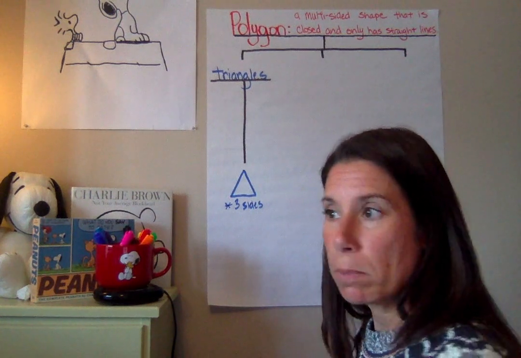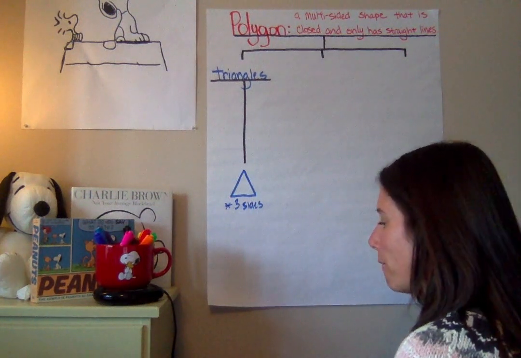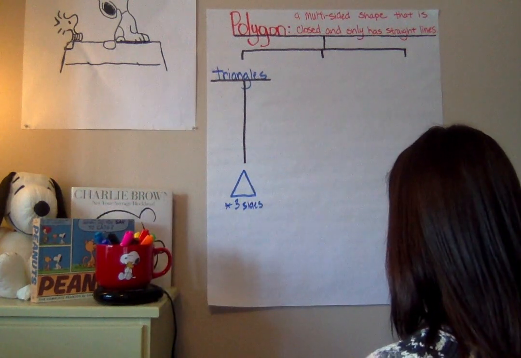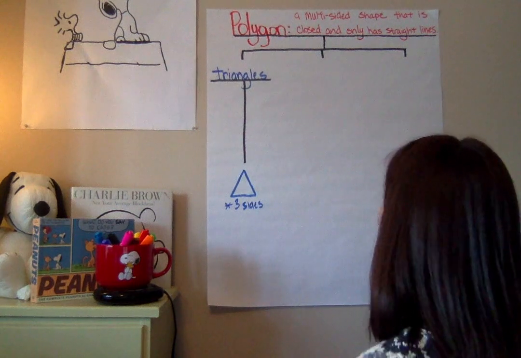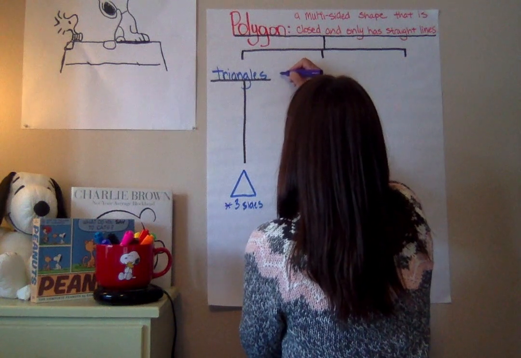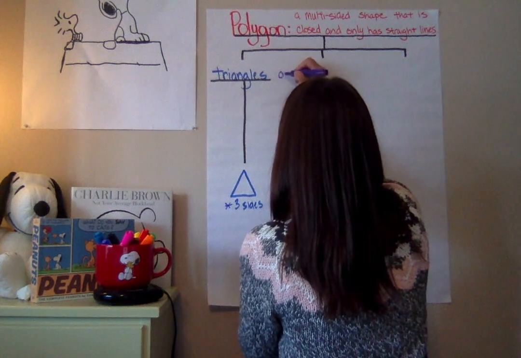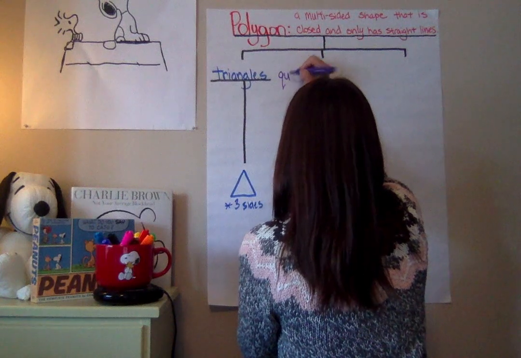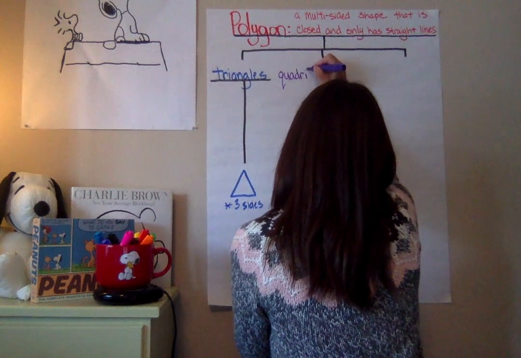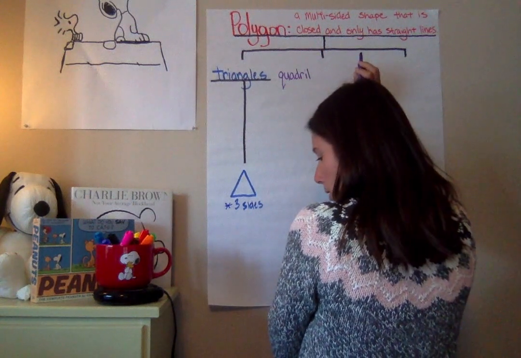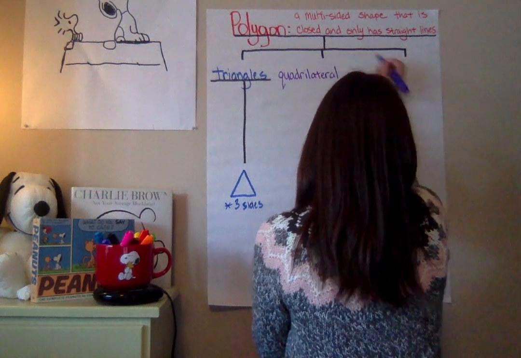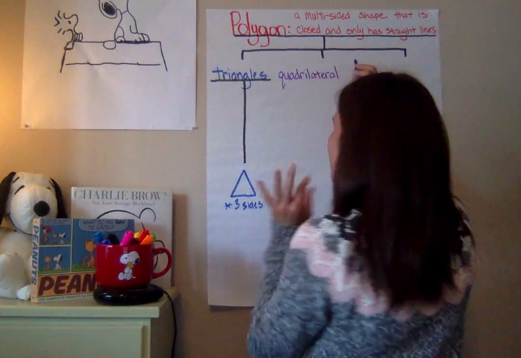Okay, now I'm going to go back into the middle, and I'm going to classify more polygons, and this time I'm going to do quadrilaterals. That is a very big classification, so it's going to take a little bit more room. So I'm going to start over here and do Q, U, A, D, R, I, L, quadrilateral. Okay, and I'm going to put a tiny definition,